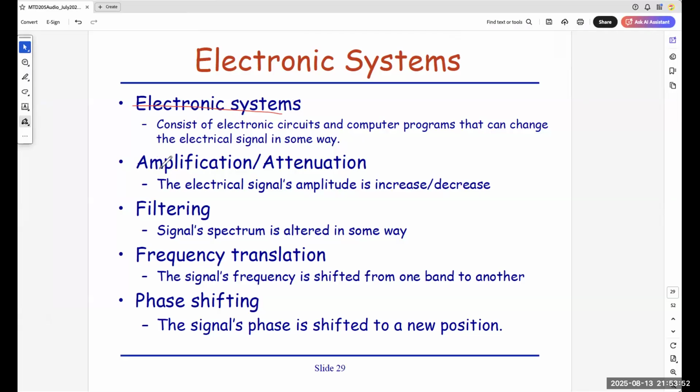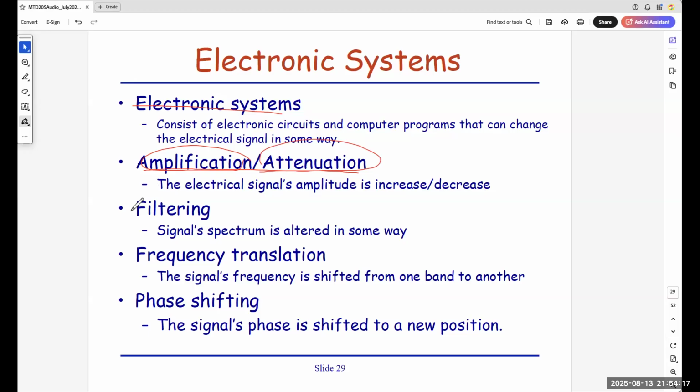Amplification and attenuation, as the words imply. If you go to your iPhone or Samsung phone and turn up the volume, that means amplification: you can hear louder than what the person calling you is saying, because the signal is amplified so that you can hear. And of course, attenuation means that you reduce the signal accordingly. This is what I call amplification and attenuation.